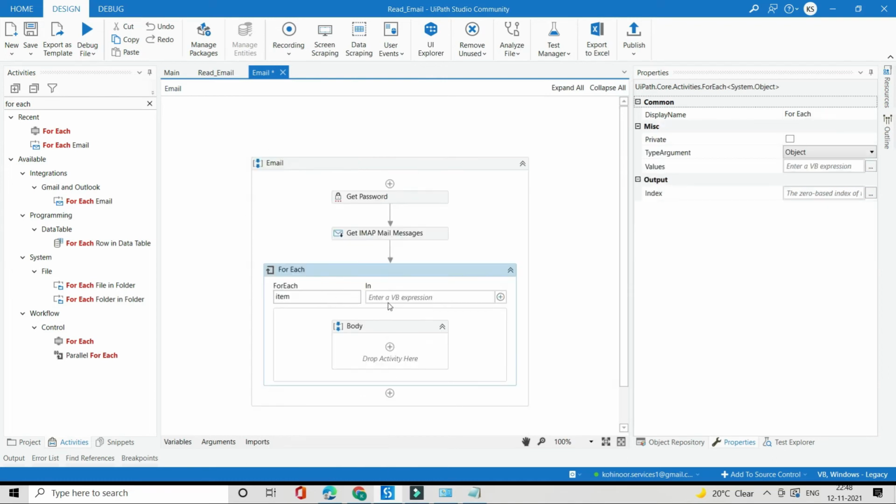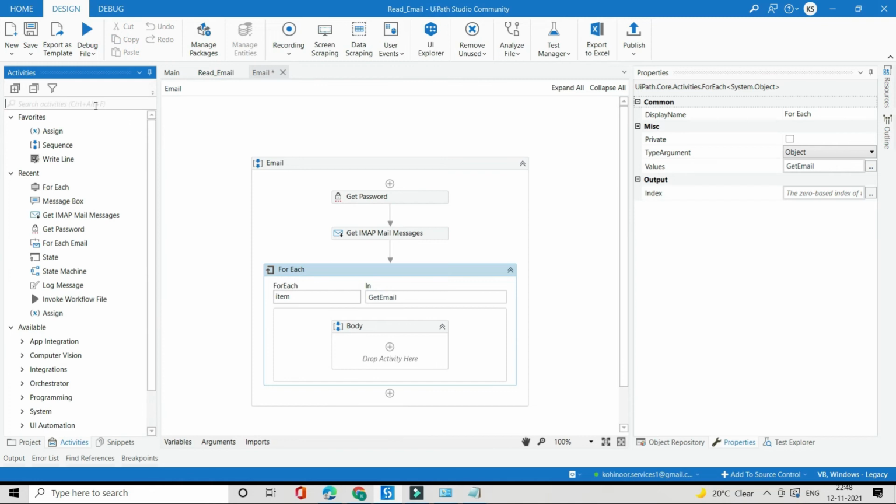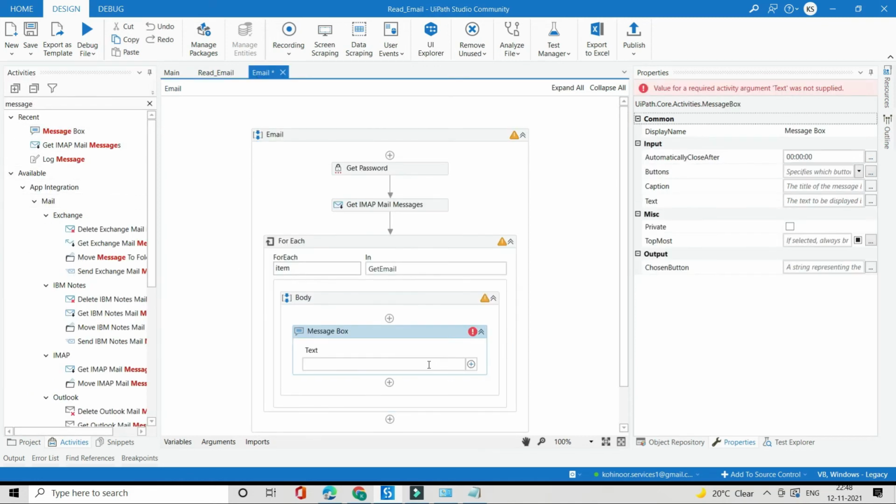So here, for each item in get email, I will add another message box, and I will read the subject of the top 5 unread emails.